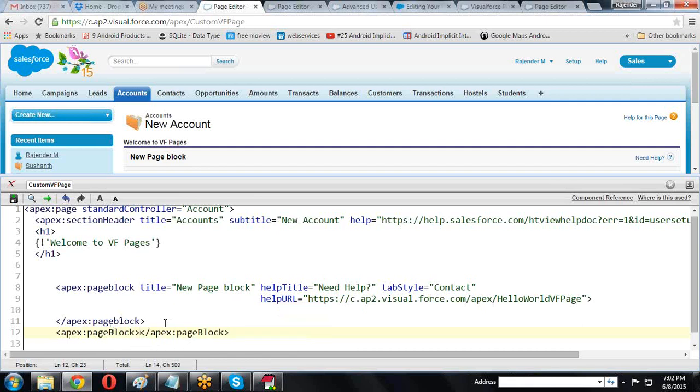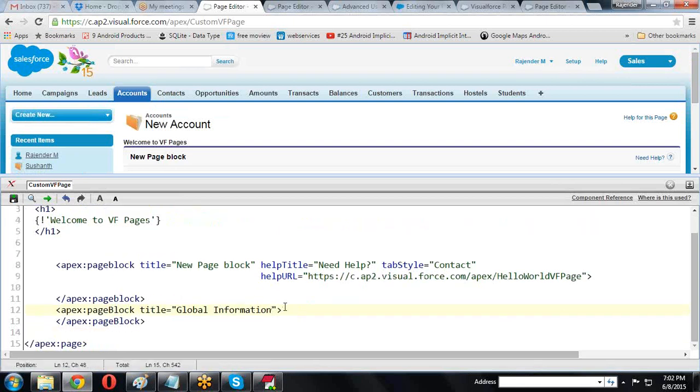In this page block, title. Global information I'm taking. In the page block I'm creating the global information.